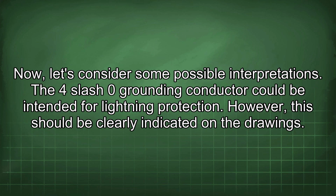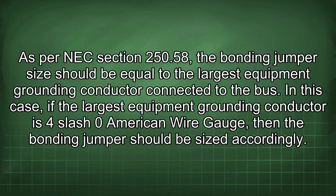Now let's consider some possible interpretations. The 4/0 grounding conductor could be intended for lightning protection. However, this should be clearly indicated on the drawings. As per NEC Section 250.58, the bonding jumper size should be equal to the largest equipment grounding conductor connected to the bus. In this case, if the largest equipment grounding conductor is 4/0 American wire gauge, then the bonding jumper